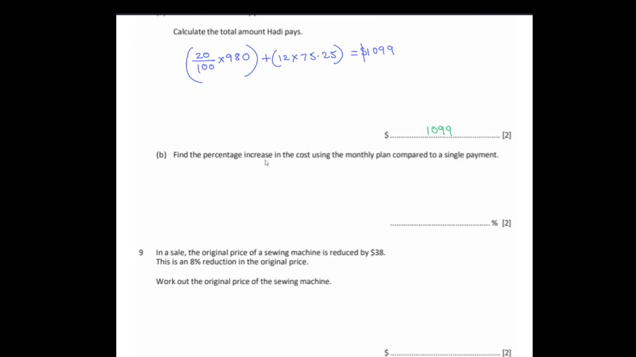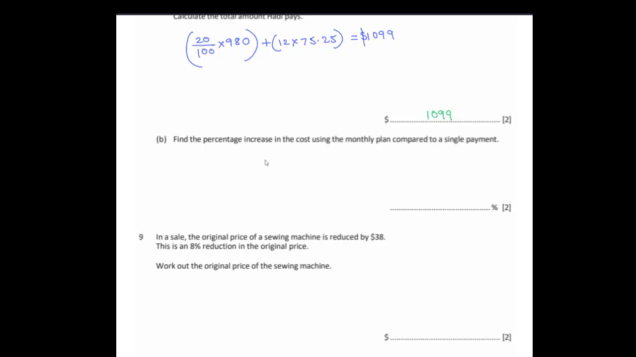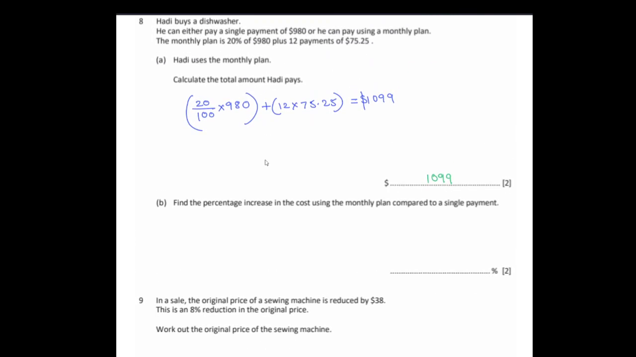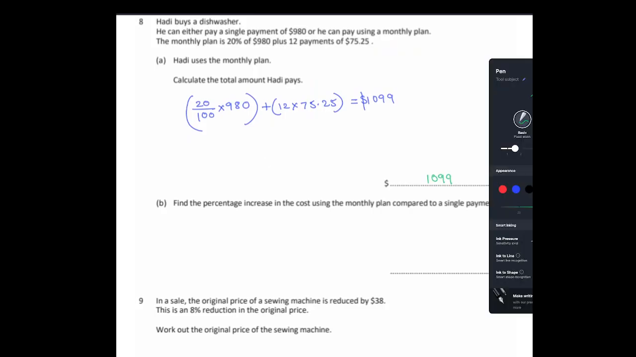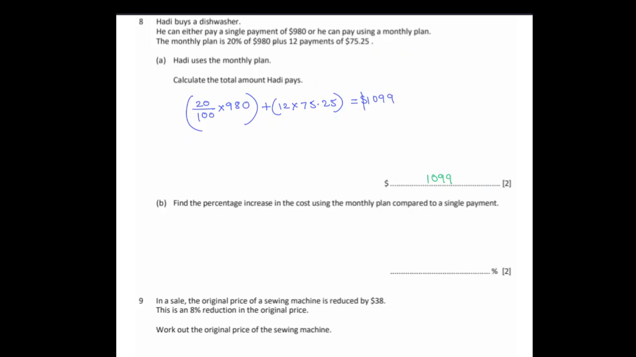In question 8, B now. Find the percentage increase in the cost using the monthly plan compared to a single payment. For a percentage increase, you need to know the difference between the payment taken as a single payment and the one done by monthly payment. The monthly payment is more, so subtract the single payment from it. You will get the amount which is extra paid here. 1099 minus 980,